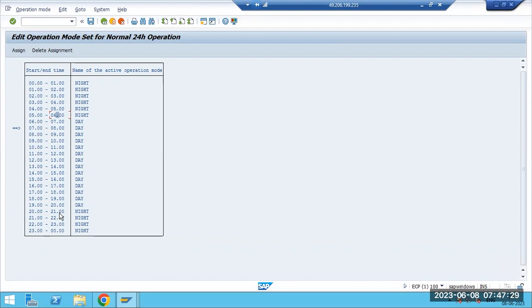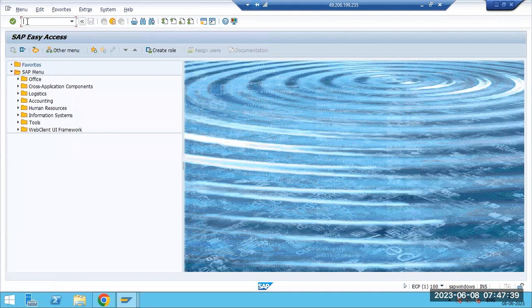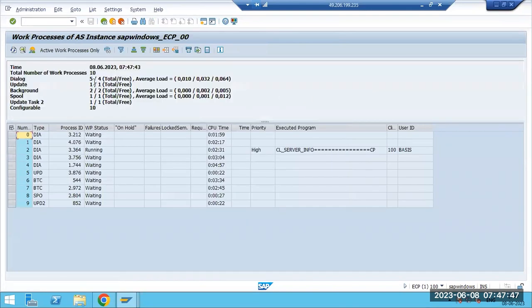So night time, we have 5 BTC, and the remaining are the dialog we created. Then the save button, right? You saved it now. So you can go ahead and see the SM50. It will change as per the timelines. It will change this 5